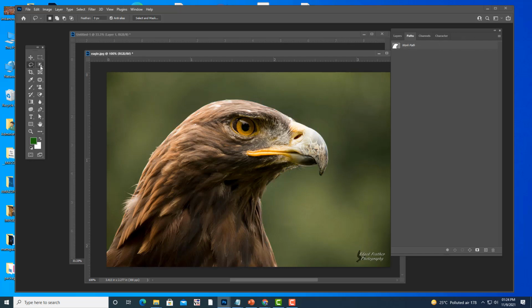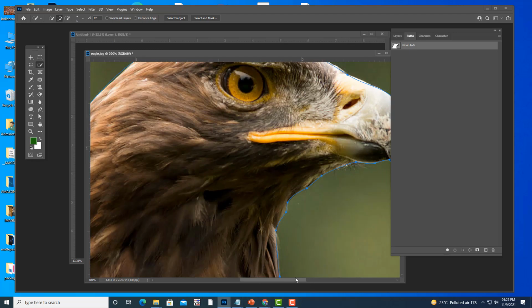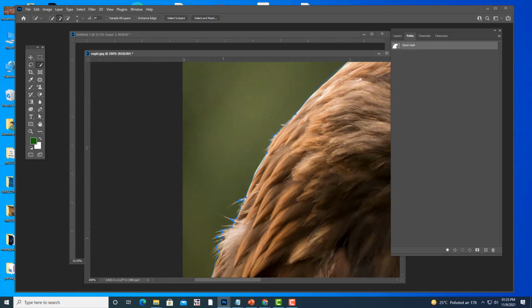if you try to select with quick selection. See, if I am using quick selection and if I click select subject, see what will happen. You got a selection, and if you convert this selection to path, simply go to the paths palette, click here. Now the selection is converted to path. Now see what quick selection has done. It has created too many points. So you have to adjust too many points now. It's a very difficult task.